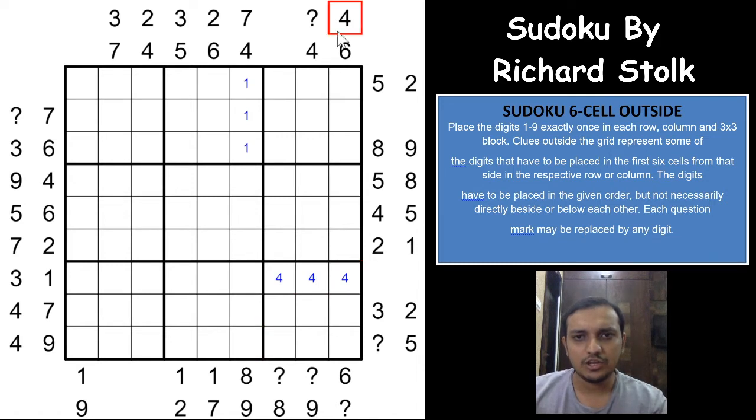Okay, the same 4 and 4 here, which means that eliminates 4 from all of these cells, and then you have a 4 here. So we got our first digit here, and that's a really good start to the Sudoku. Something very not regular, right?